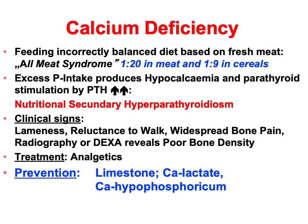This all-meat syndrome is basically a calcium deficiency, absolute and at the same time relative to the phosphate. This is an incorrectly balanced diet, for example fresh meat, where the amount of calcium is so low that the ratio of calcium to phosphate is 1:20. But you have seen that they were given bread and pasta. In cereals also, the ratio of calcium to phosphate is only 1:9. It's not enough that we have an absolute calcium deficiency, we have an excess phosphate intake, and this excess phosphate intake